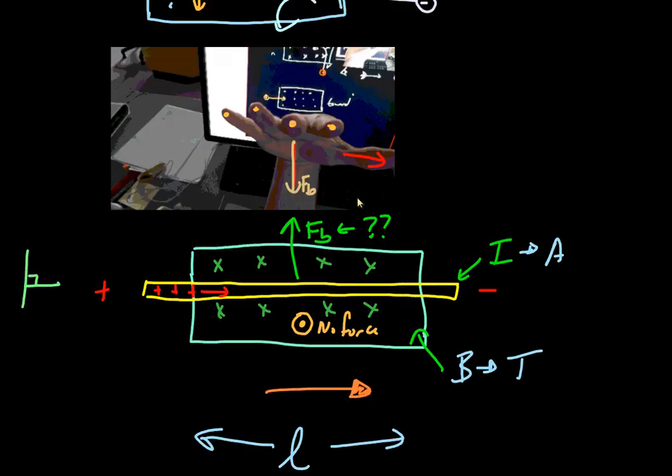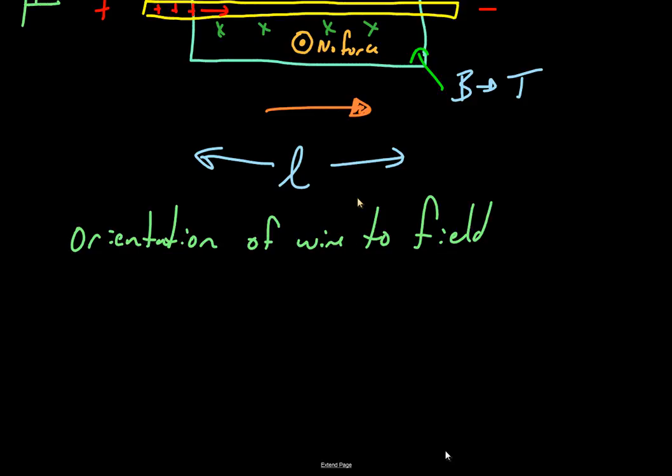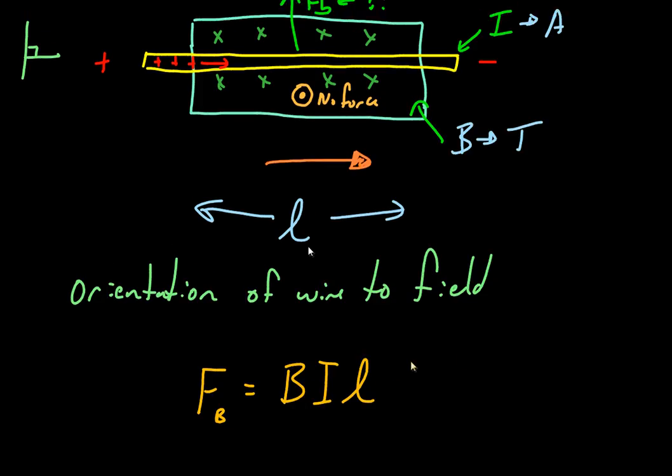So when you're using your right-hand rule, what you're trying to represent is this perpendicular nature, right? Field in one plane, velocity in another plane, force in the third plane. So it's 3D represented on 2D, okay? And what you get from all of this is a little formula that has been worked out. And that is that the force is equal to B, the magnetic field strength in Teslas, times I, the current strength in amps, times L, the length in meters,